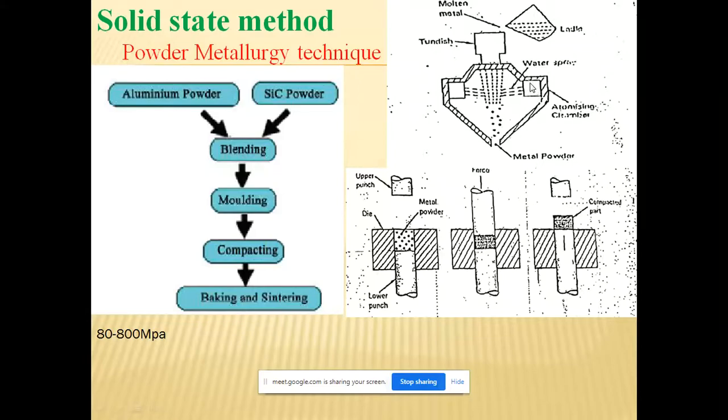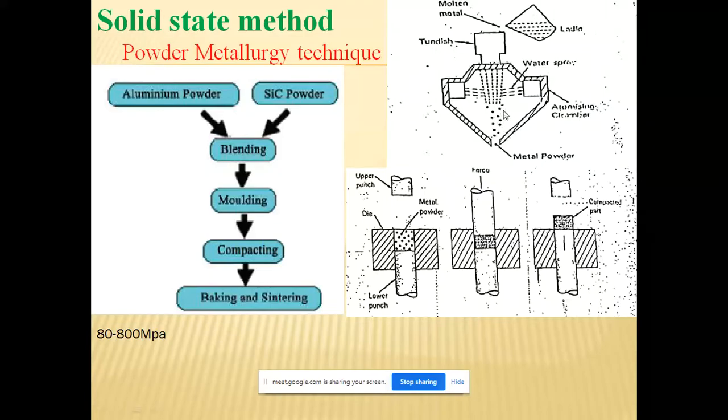We are at high velocity, striking the water onto the molten metal. What happens when the water strikes the molten metal? The molten metal starts breaking instead of staying continuous. That's what we can see here: there are small particles.